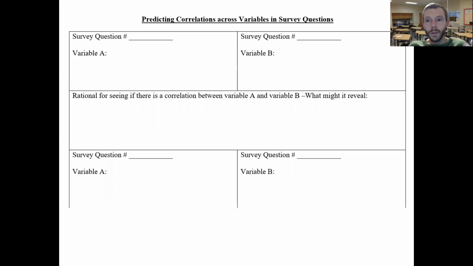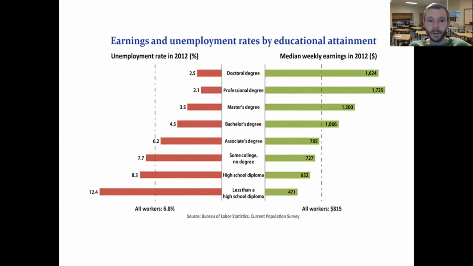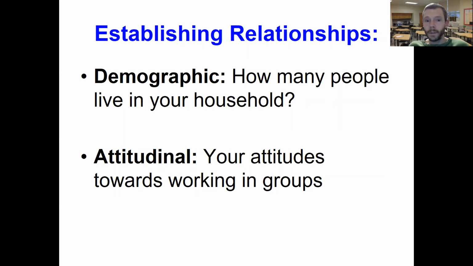So for example, let's say I looked at, just going back to some of the previous examples, how many people live in my household, or household size as one variable, and then attitudes towards working in groups. Perhaps my assumption would be that people who have many siblings have the exposure to working with people and therefore are more willing to work in groups as compared to an only child who might want to work by themselves. I could also infer the exact opposite from that. It's going to really depend on what the data itself tells me. Once I've surveyed 125 people and have gathered that information, I can actually make those point-by-point comparisons.